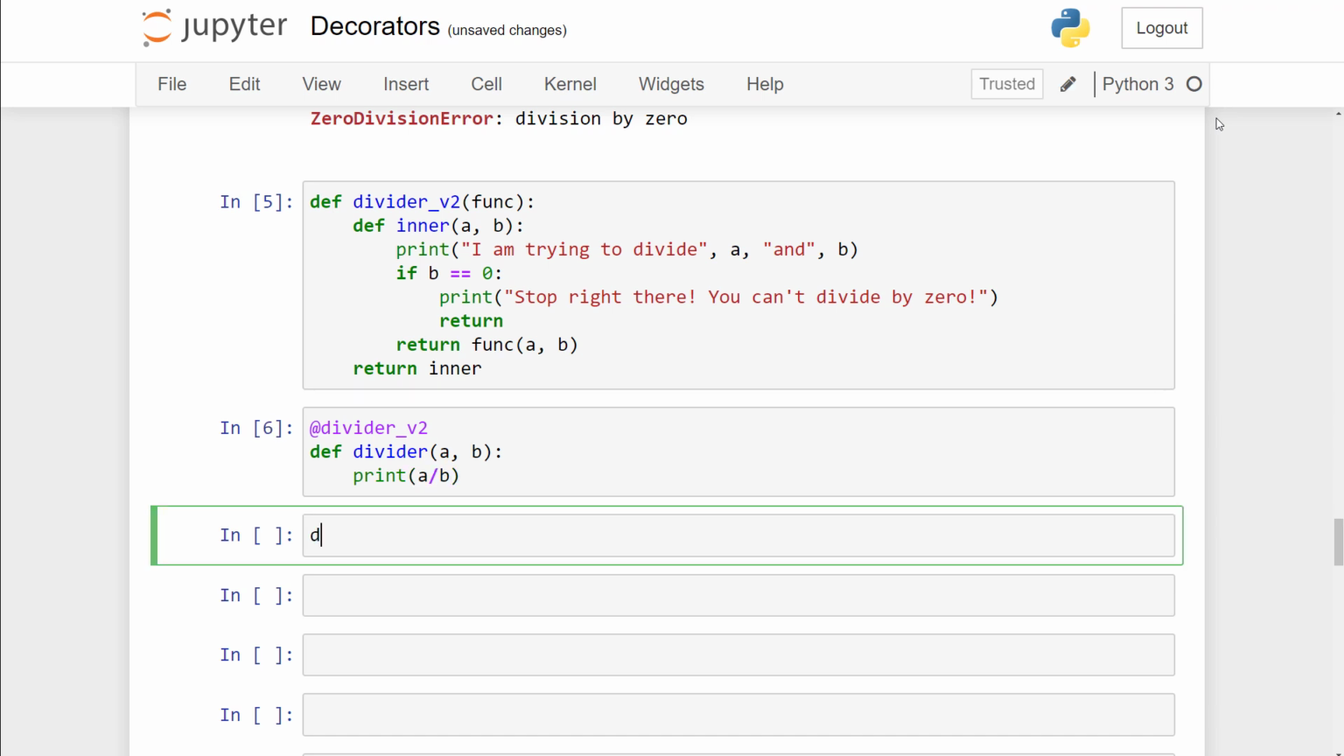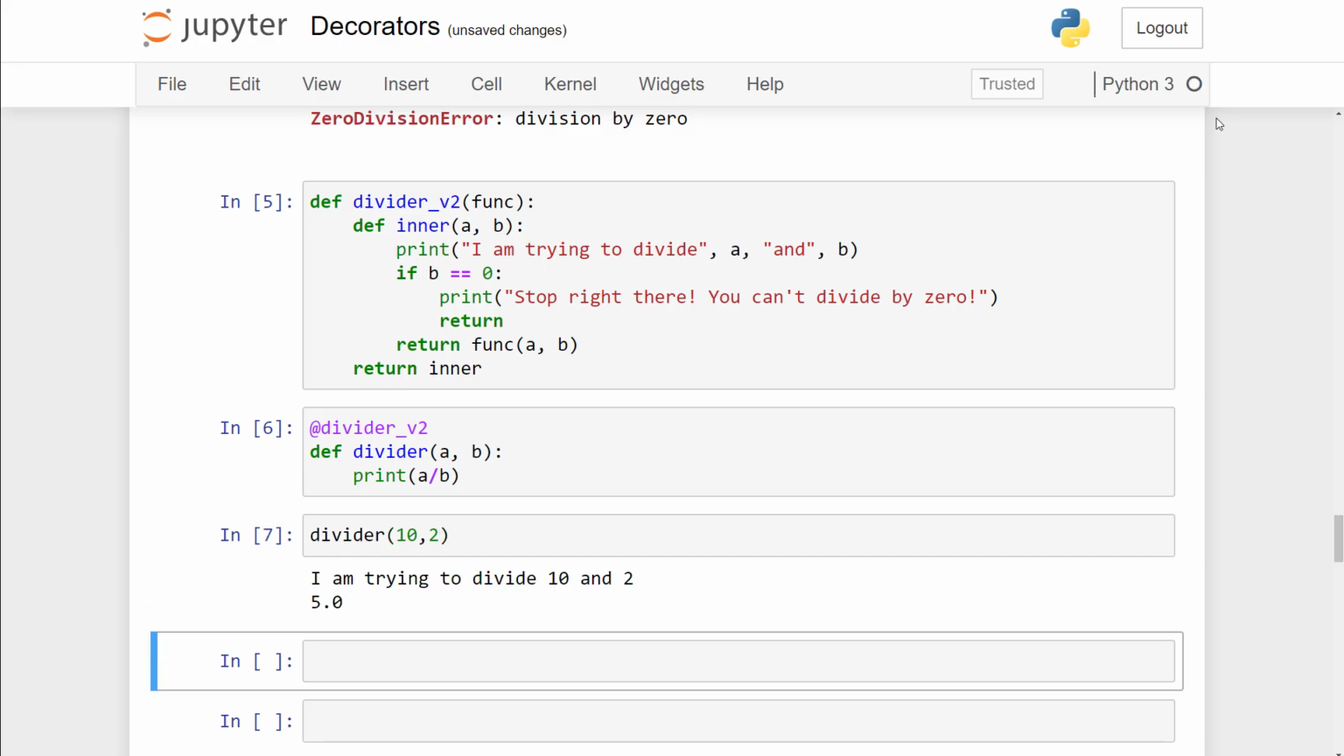If I now call the divider function, I can put divider, and inside parentheses we can put 10, 2. When I run this code cell, we print to the screen, "I am trying to divide 10 and 2," and then we bring back 5.0. So in this example, we've decorated the original function by providing this short sentence saying, "I am trying to divide